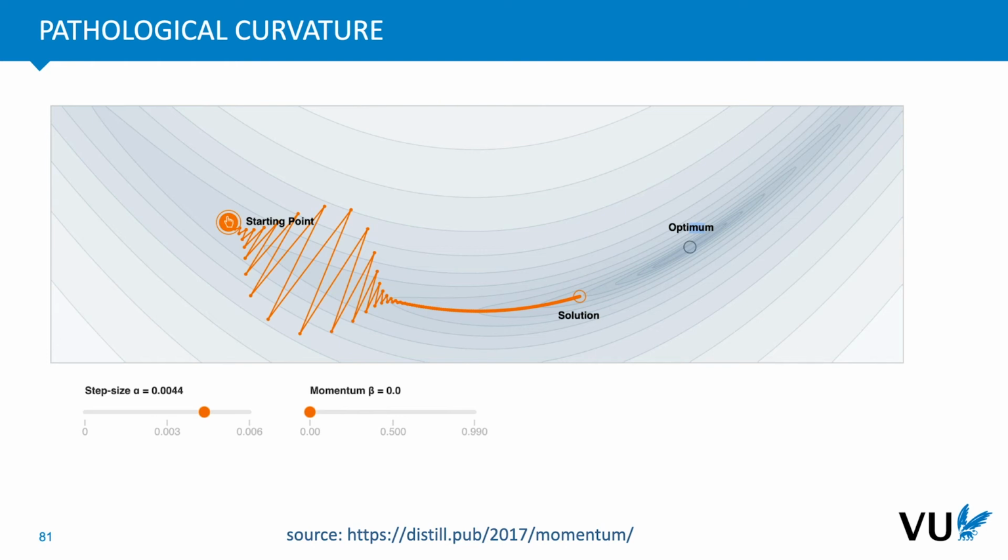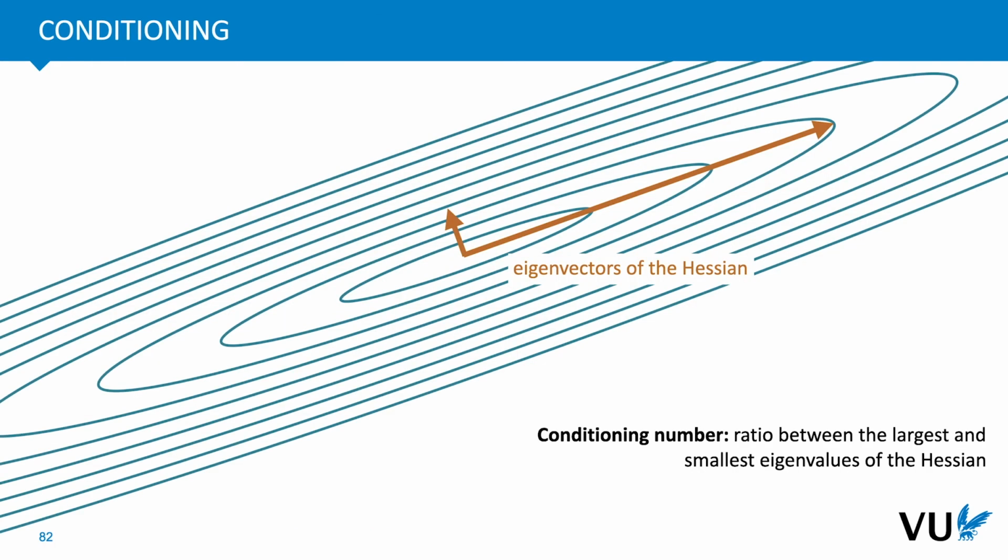Now, if you imagine what the loss landscape of a purely quadratic function looks like, so that's a function that is perfectly approximated by this second order approximation, then you know that this function is a parabola, an n-dimensional parabola, and its isolines form ellipses. The lines of equal value form ellipses. So that looks like this. And what we also know for this kind of function is that the axes of these ellipses are the eigenvectors of the Hessian, the eigenvectors of the matrix that forms the basis of this function,